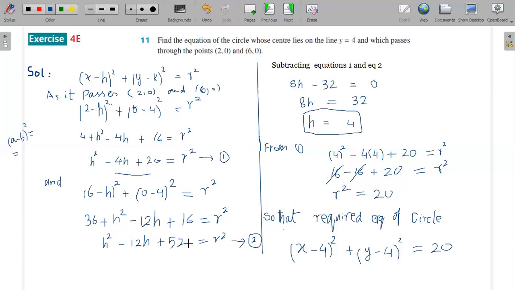Also minus 4 squared, so plus 0 minus 4 squared. Wouldn't that be like 16 plus 16? This 0 minus 4 whole square, this one or this one? Because down here we did minus 12h. No, minus 4 whole square is positive 16, this term. This 12h comes from this formula, when we open these two terms. Okay, got it. So 6 minus 2, that gives us 4 squared. So 16 minus